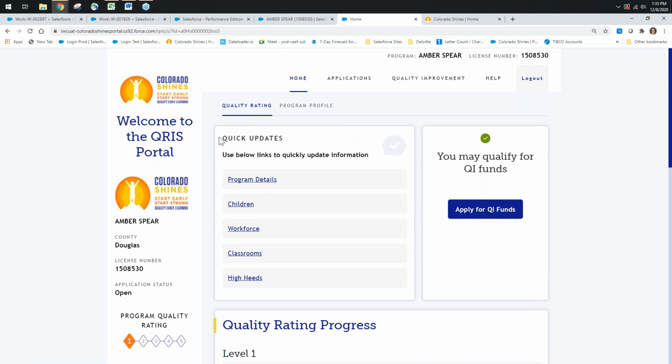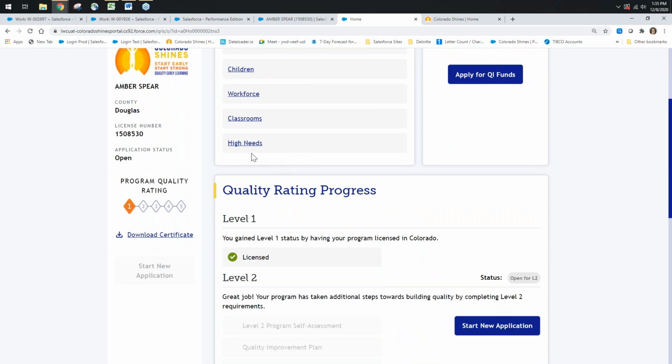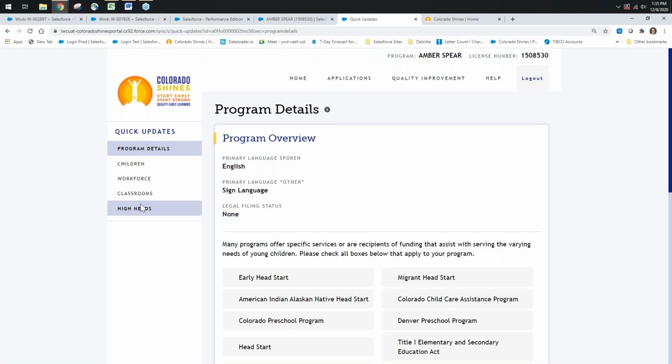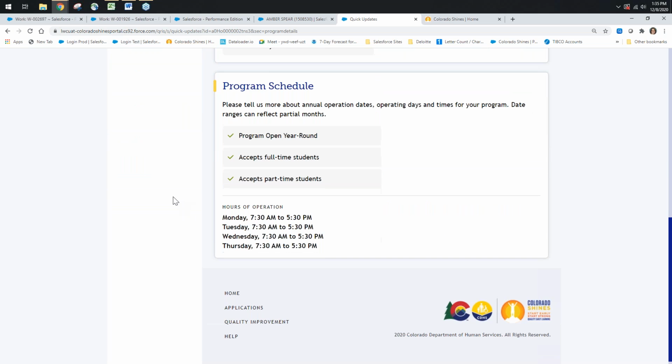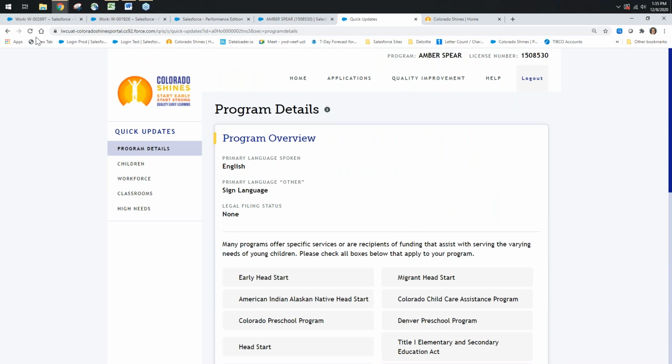We have the quick updates where you can change details without submitting an application. So those are here. And then once you click into one of them, you can access all of them without going back to the home page. And there's all the program information. And then if we go back to the home page,